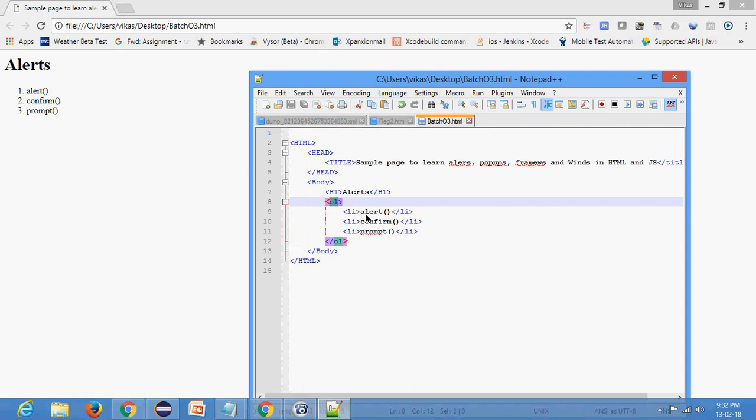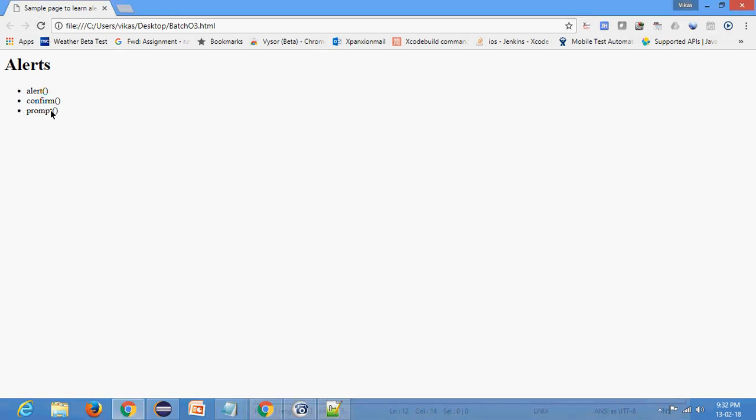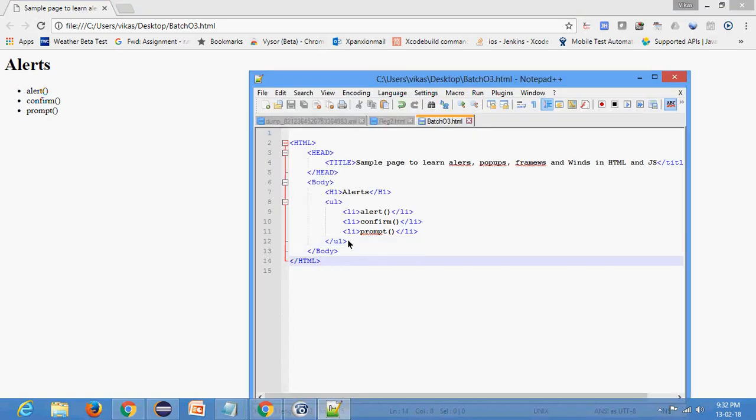So I will just change OL to UL. I want to make an unordered list. That looks better. Okay, it is done. Now what is the alert? Alert is actually,